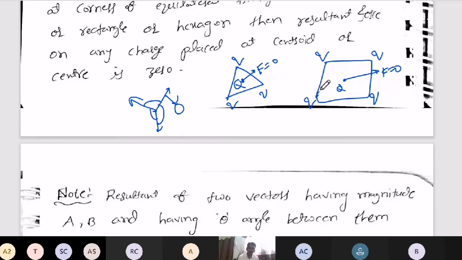Because you take any two vectors, suppose you take these two vectors, this and this. The resultant will be the same as and opposite to the third one. Suppose this is F, this is F, this is F. The resultant of these two is also F, which is equal and opposite to the third one, so both get cancelled. So the resultant will become 0. And you have done the same kind of questions already in gravitation, but there it was mass and gravitational force, here it is charge and electrostatic force. That is what you need to understand.